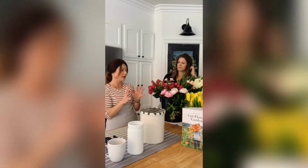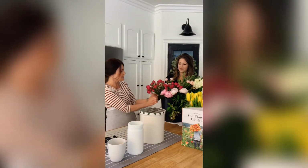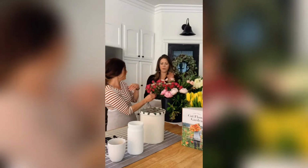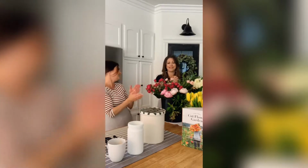And there's just so much variety, and they're so beautiful. I found these beautiful spray roses, the light pink. I love that this is from Trader Joe's. What did you do before Trader Joe's? Yeah. And if you don't have Trader Joe's, I'm really sorry, but hopefully your grocery store has something equally good,